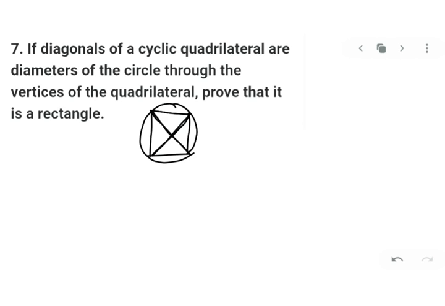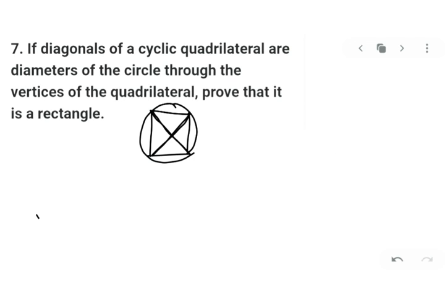Again, I'll remind you that a diameter of a circle has a property that it makes a 90-degree angle at the circumference. Getting my point? So if I'm drawing a circle and if this is its diameter, then the angle made will be 90-degree at the circumference. The angle made by the corners of the diameter at the circumference will be 90-degree. Got my point clear? Let's see if we can use this property in this problem.